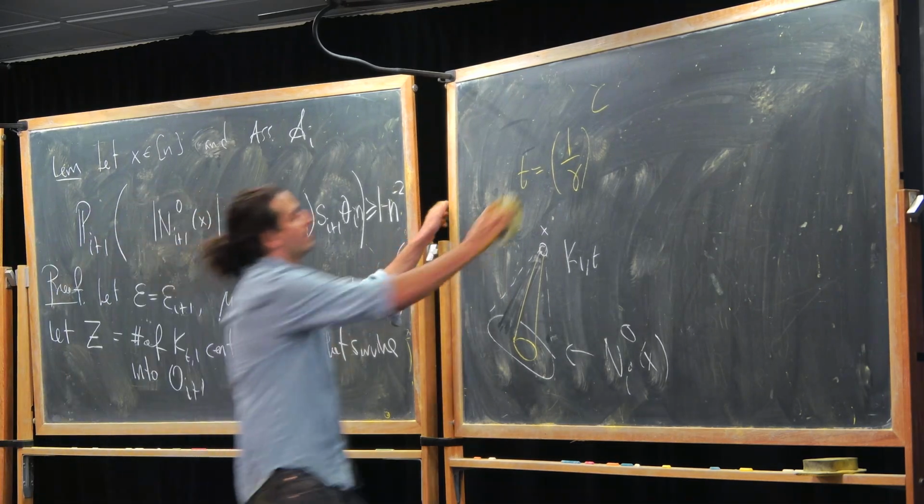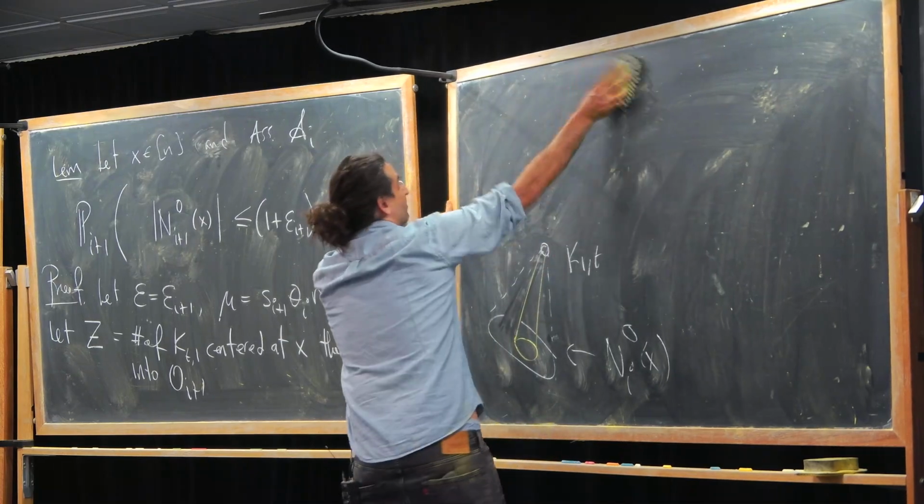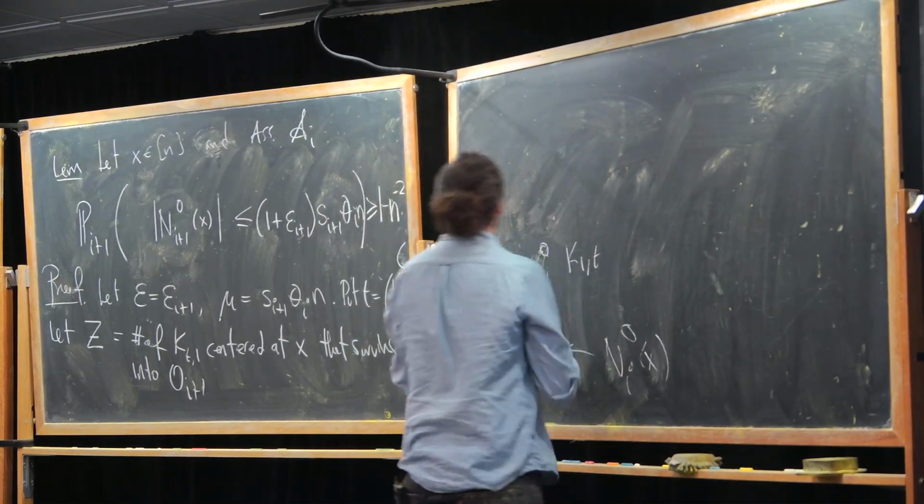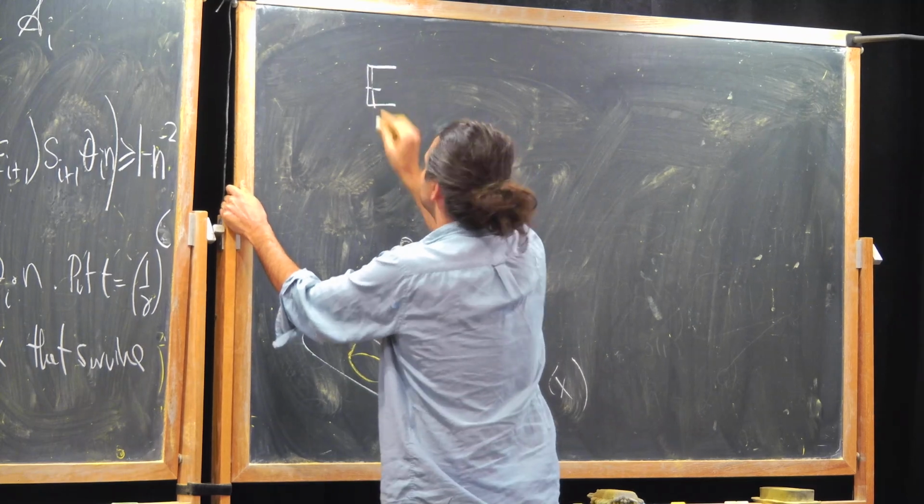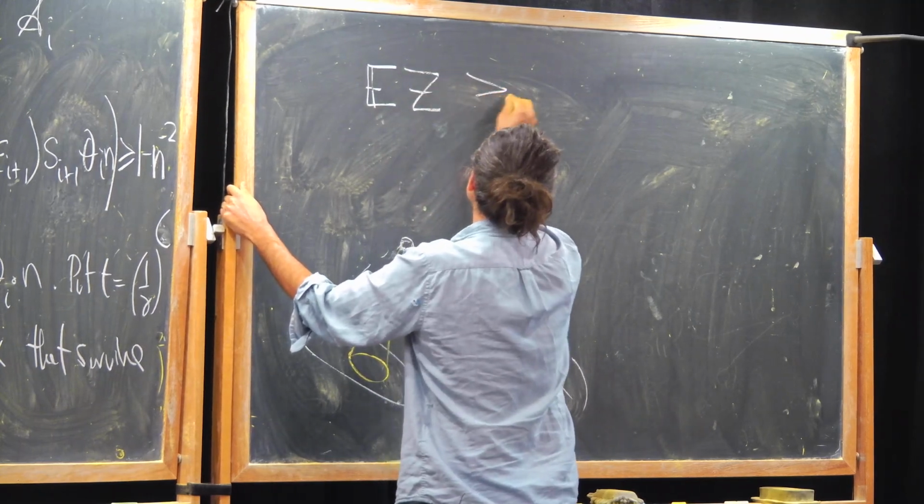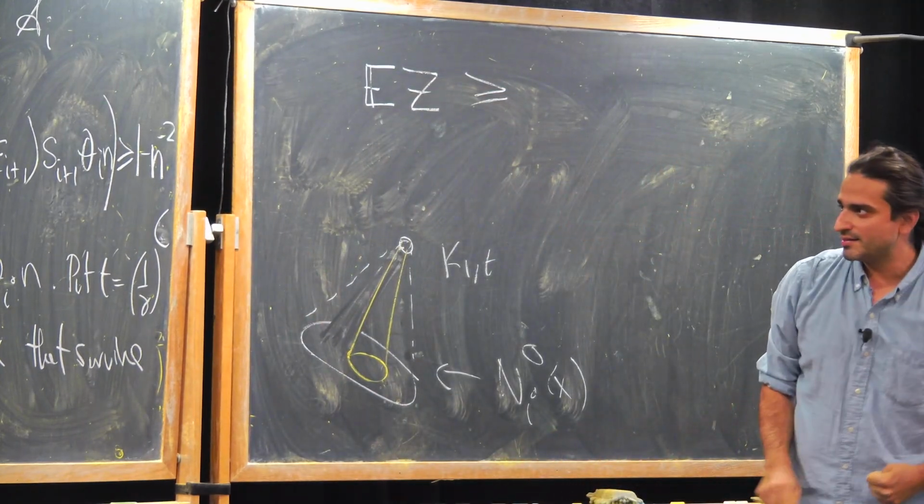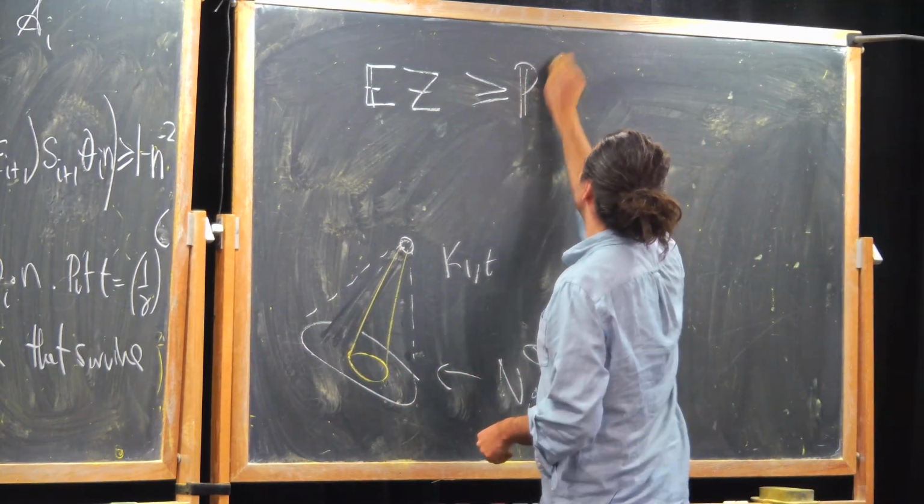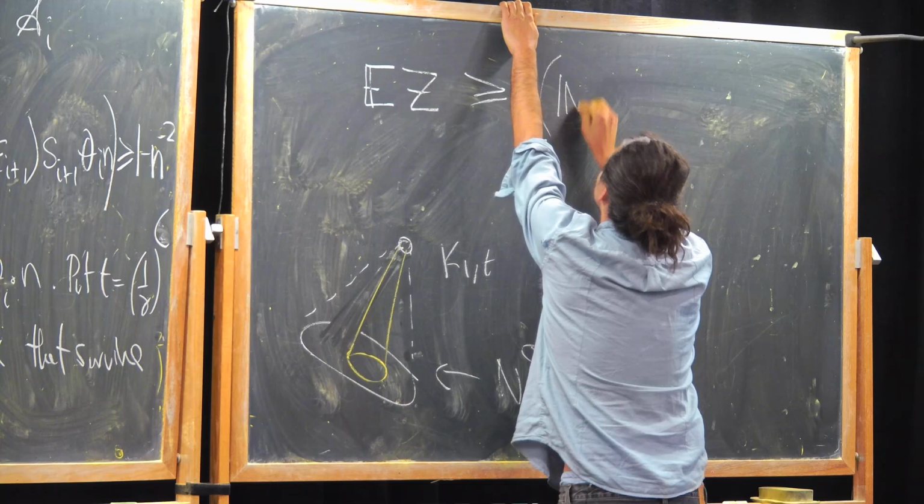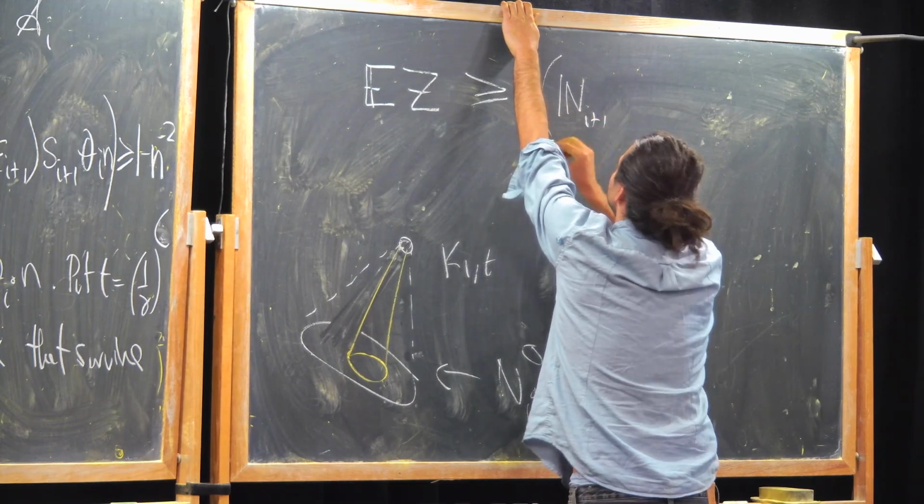Okay. And now I'm just going to estimate this probability in two different ways. Or sorry, estimate the expected value, rather, in two different ways. So on one hand, this expectation is always at least the probability that we care about times something. So this is always at least